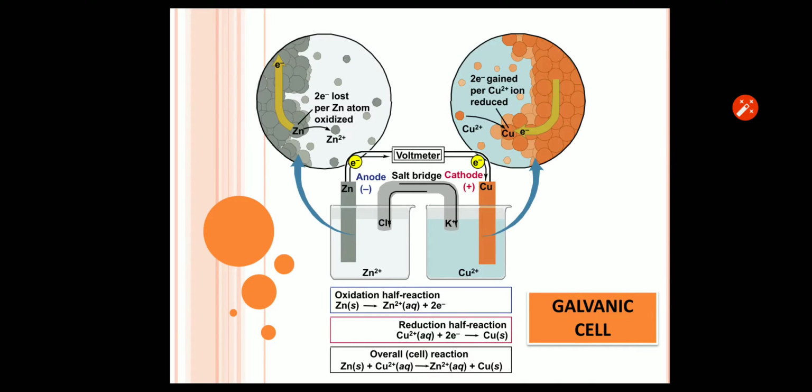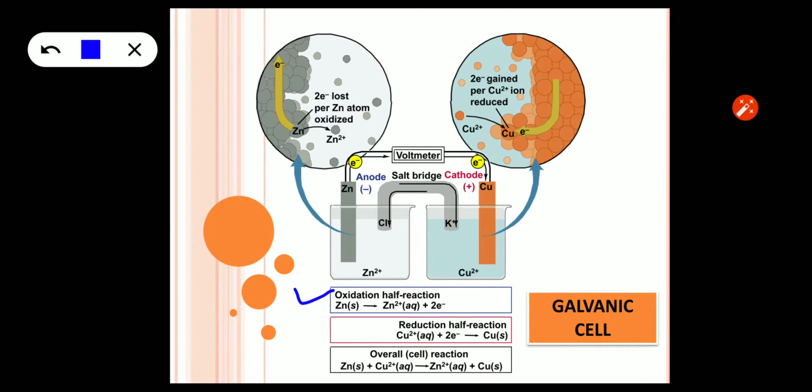This is the construction of the galvanic cell. We have already understood the construction of the galvanic cell from the previous video, so I am going to recollect a few important points. Zinc dipped in ZnSO4 acts like the anode here because its reduction potential is minus 0.76 volts. It easily undergoes oxidation because the reduction potential is more negative.